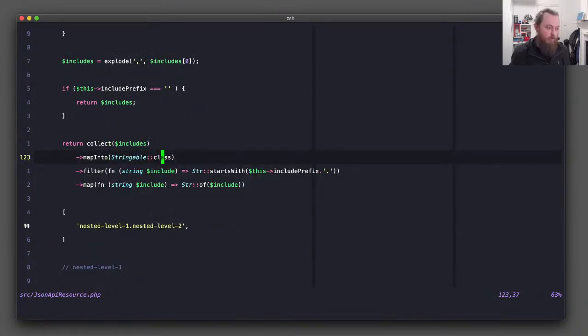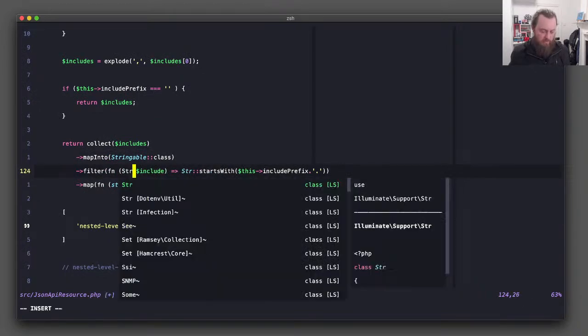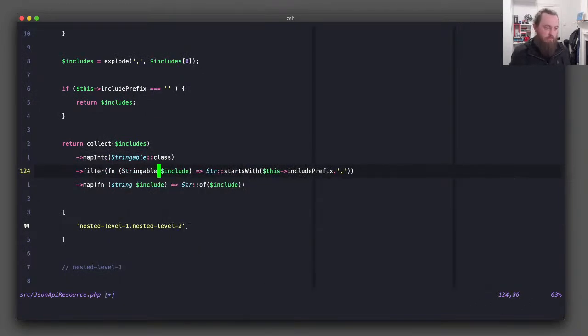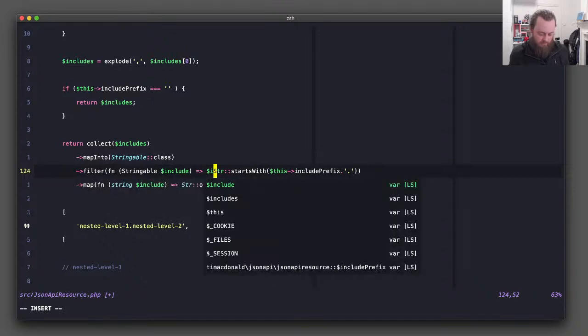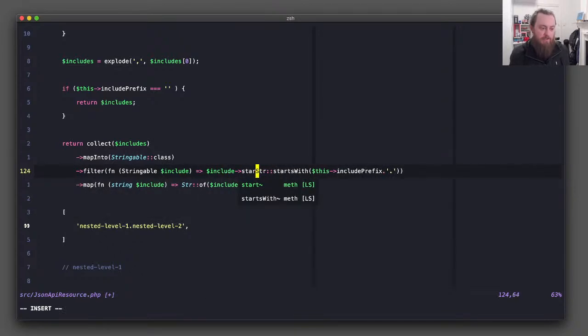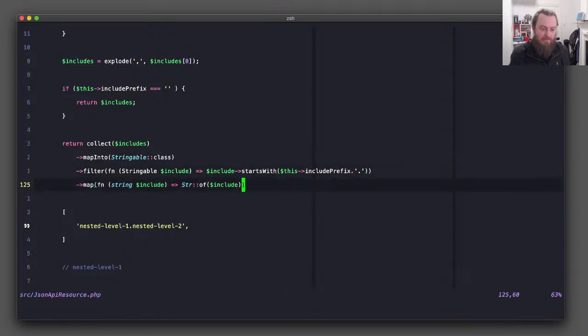And that way we're working with a stringable the whole time. And I didn't even do that right. Anyway, starts with, and I was already acting as if it was an object, but it very much wasn't. So now we can go stringable,